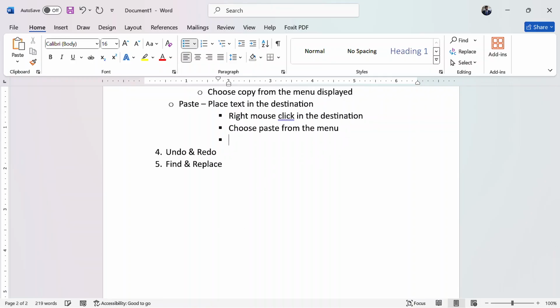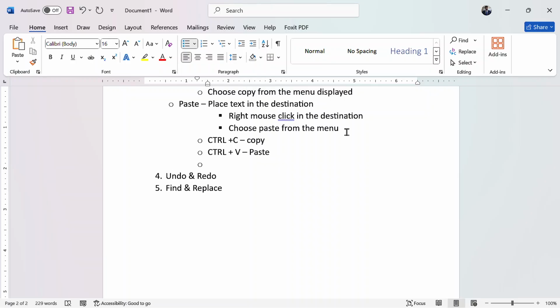Now, what are the shortcuts? Before we leave this, we can talk about the shortcuts for these 3 actions that we've talked about. When you press Ctrl plus C, that is copy. When you press Ctrl plus V, that is paste.